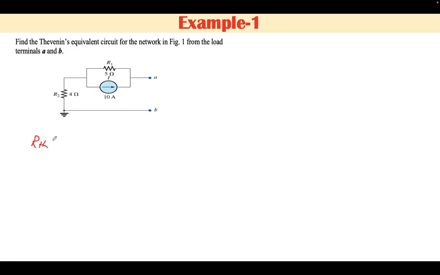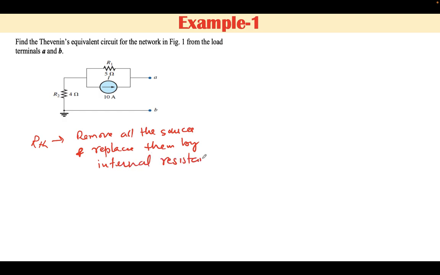To find RTH, remove all the sources and replace them by their internal resistance. Now, the internal resistance of a current source is infinity, and hence after removing the source, this network can be redrawn as